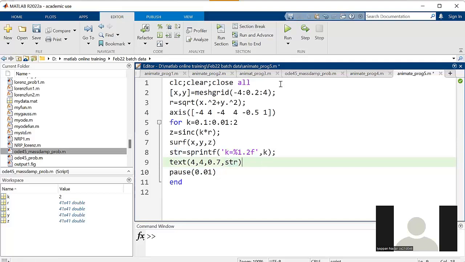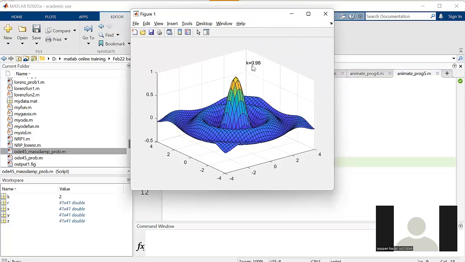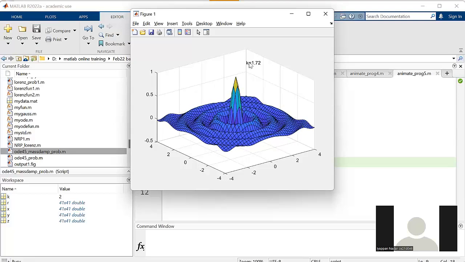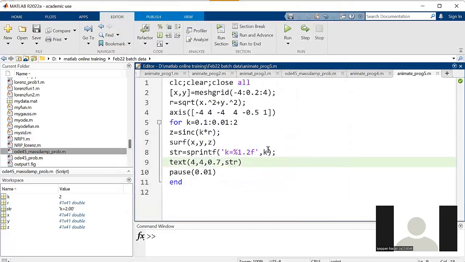So if again I run this, now you can check I'm getting the value of this k here. This k is changing, and according to that k value, this plot is changing. So if you want to change the size of this k or color of this k, that is also possible. For that you can